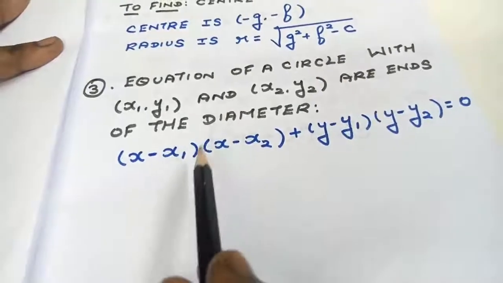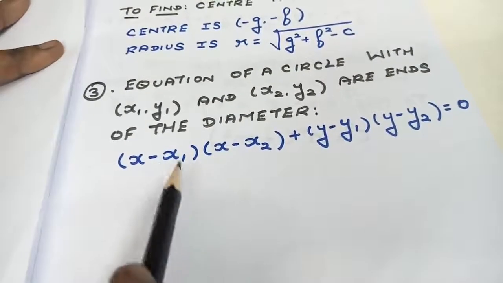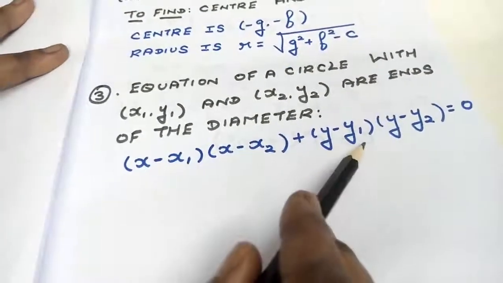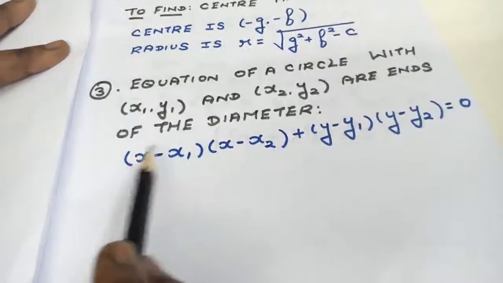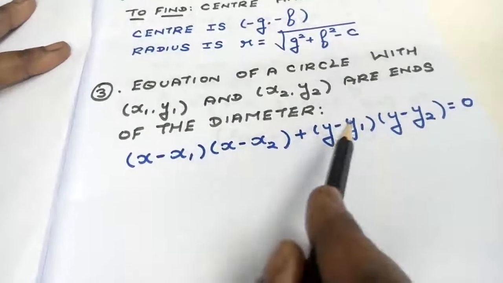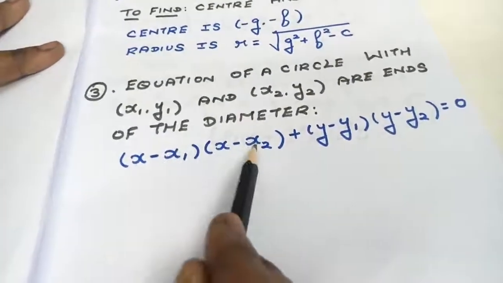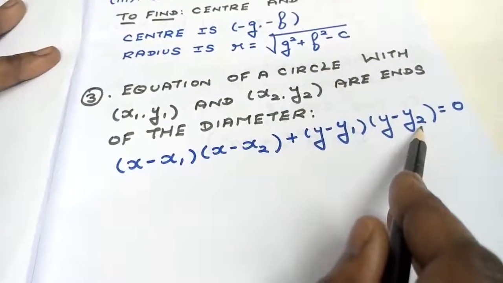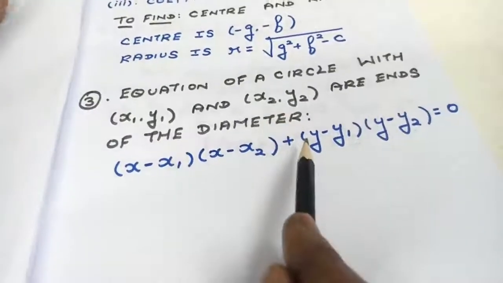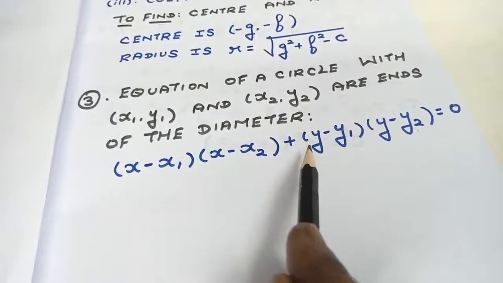If you observe, you will be having three different types of x and three different types of y, that is x, x1, x2, y, y1, y2. So in place of x1, x2, y1, y2, you are going to give the values. X and y will remain as it is till you complete your sum.